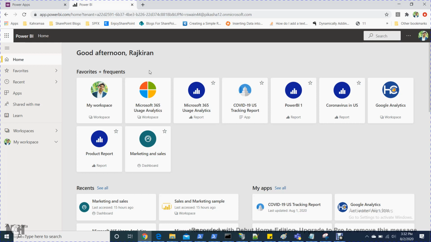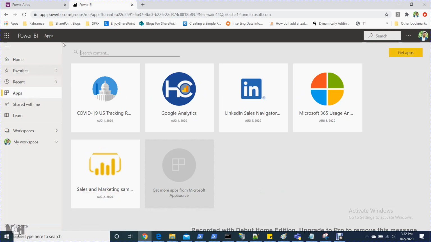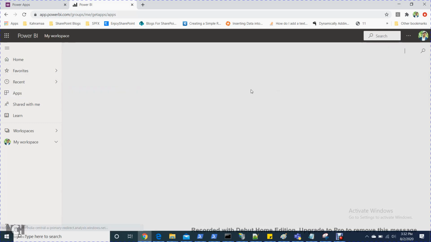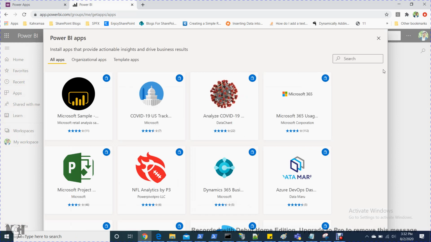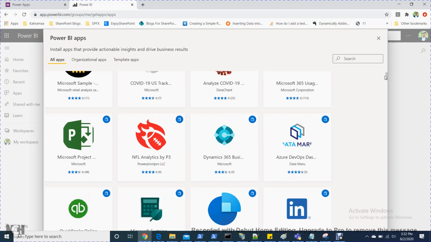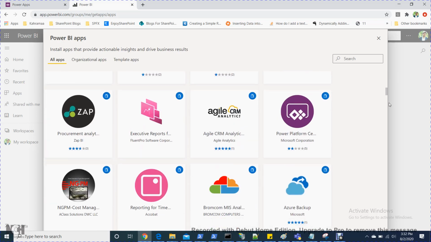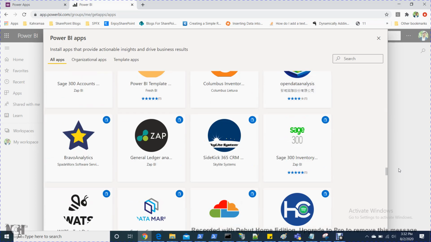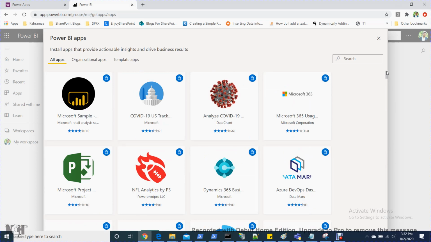So what we'll do now, as we know in apps, if you go to Power BI and go to Get Apps, Microsoft provides so many types of apps which are already available here. If you go to the Power BI reports, there are so many default services. These are templates, the existing templates provided by Microsoft, which already exist in this Power BI. So what we'll do, we'll just use this